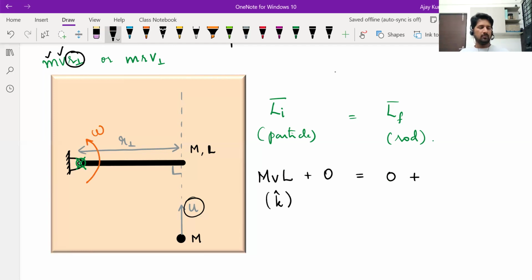Rotational motion. In pure rotation, what is the formula for angular momentum? Any one of you? What is the formula for angular momentum in pure rotation? Sir, is it I omega? Correct. I omega. About whichever axis the system is rotating, you have to take I about that axis and multiply